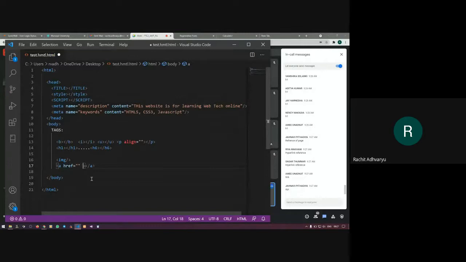Other than this, what is the next property that the a tag can have? Tell me. What is the next property that the a tag can have? And one of the important ones, try to recall.